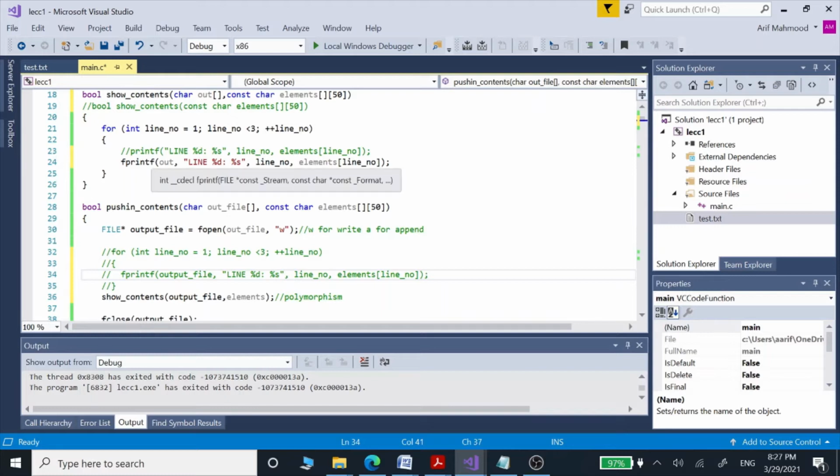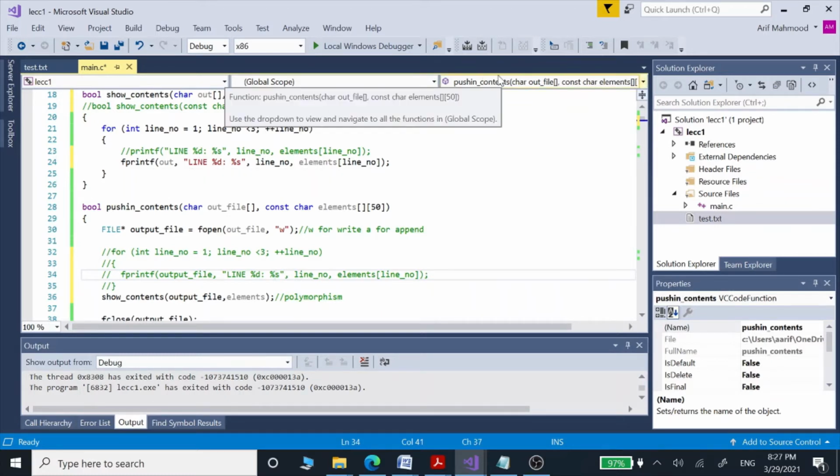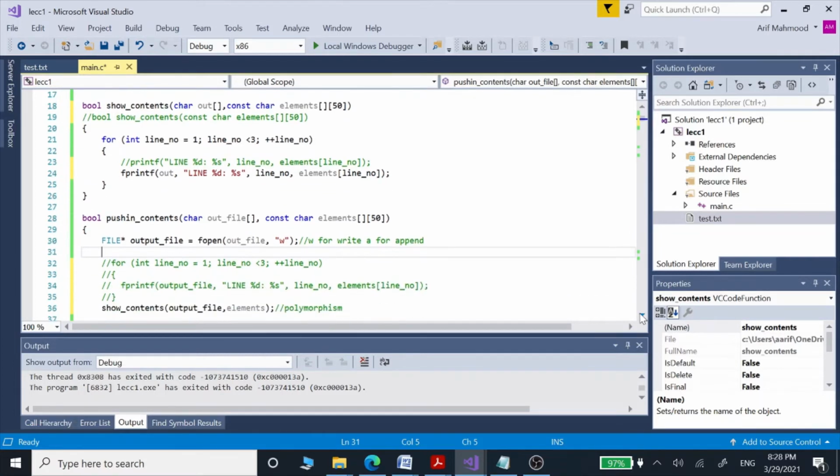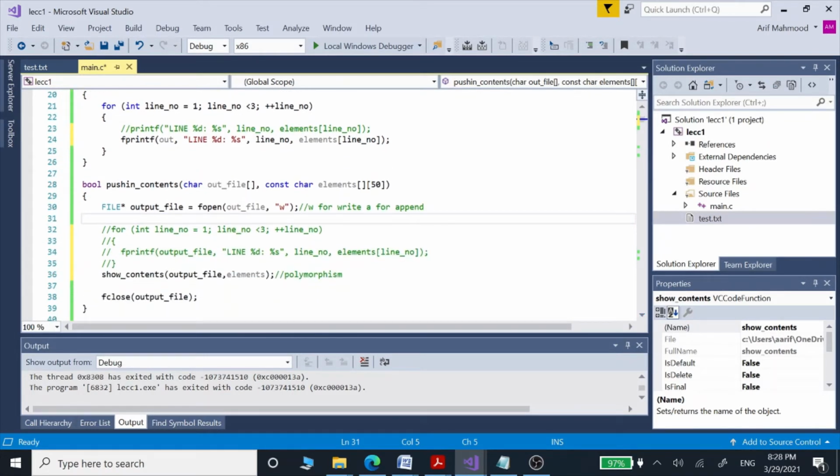So this is our fprintf function we can use. So now look how we are giving this function the arguments. So here we are using inside main program std out, but inside this push in contents function we are giving the arguments output file. So this is what simple polymorphism is in the case of functions in C.